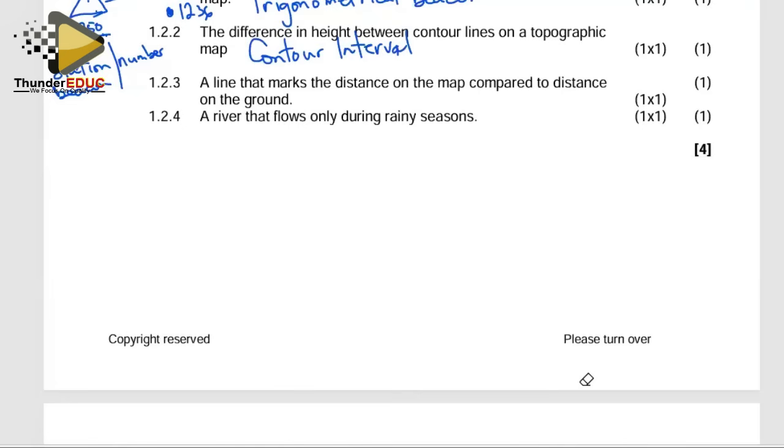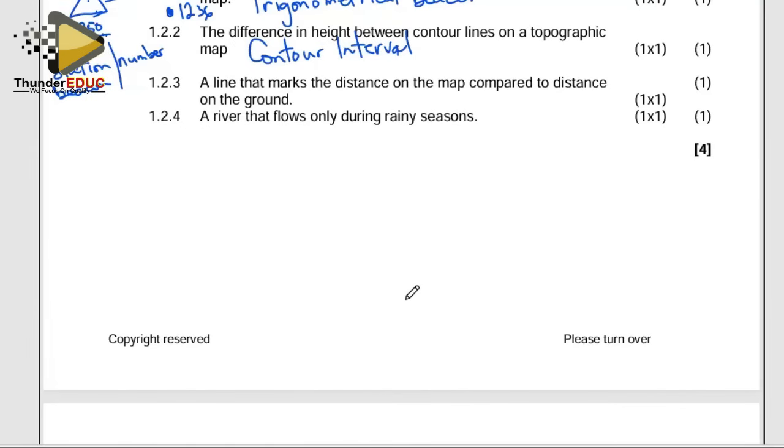So what is happening here is we are referring to the concept of scale. The scale is the one that we use to relate the map distance to the ground distance. But here we are showing the relationship between the map distance and the ground distance in the form of a line. So automatically it means our scale is a line scale. And also remember,